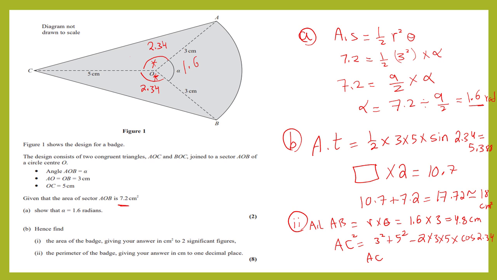So AC gives 7.4 centimeters approximately. Since this is 7.4, this one is 7.4 as well. And here we have 4.8. So add them all together: 7.4 multiplied by 2, then plus 4.8. The final answer will be